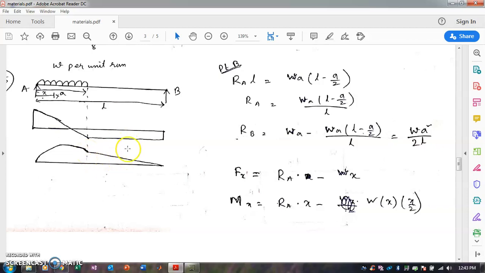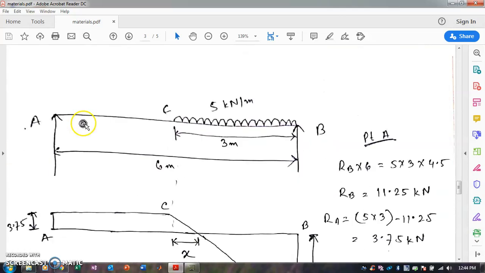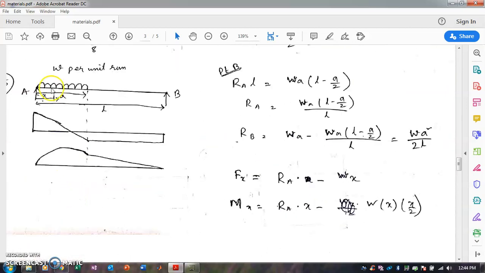So we are discussing a problem about this point in the next example, but you need to remember that for point load the bending moment changes linearly, but for uniformly distributed load it changes parabolically. And the shear force for point load becomes a straight line parallel to the axis, but in case of uniformly distributed load it becomes a straight line inclined to the axis. So now here is an example of this type of problem.